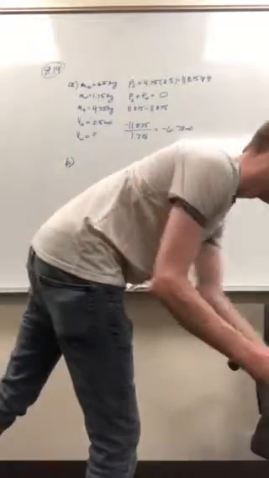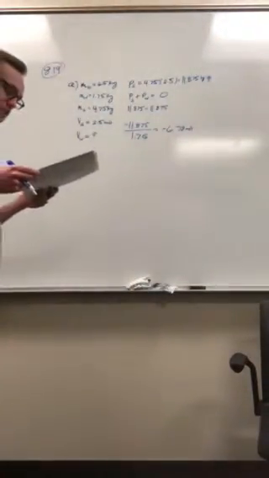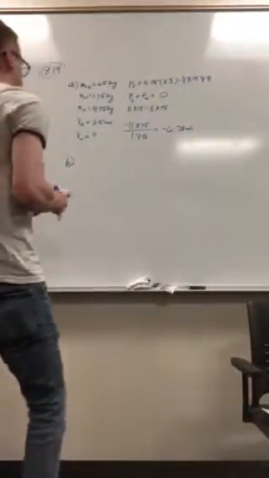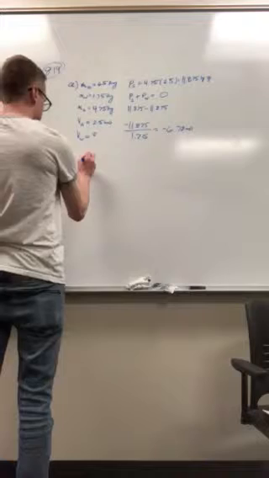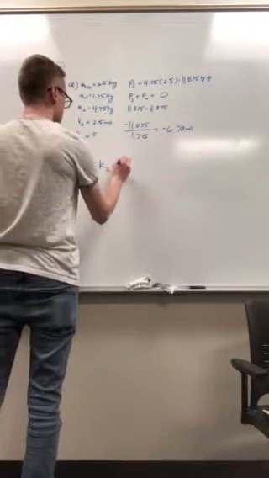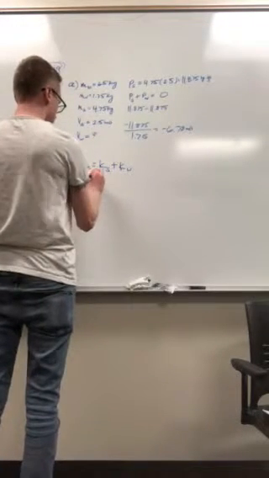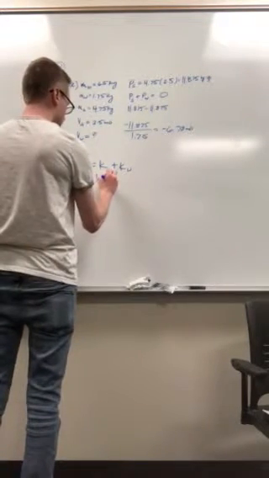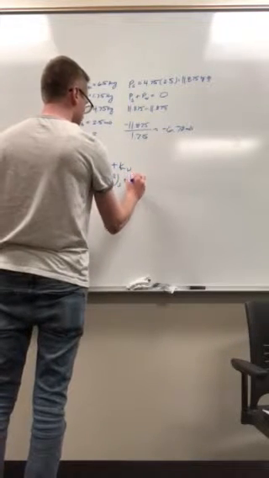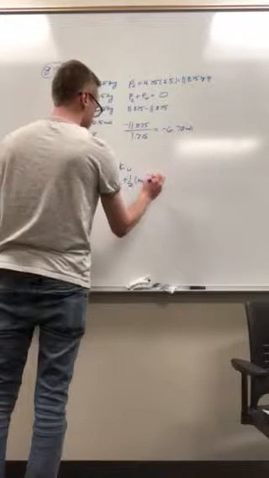Question B. How much kinetic energy does the squid create by this maneuver? So the total kinetic energy is equal to the kinetic energy of the squid plus the kinetic energy of the water, which equals 1/2 mass times velocity squared of the squid plus 1/2 mass times velocity squared